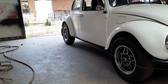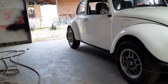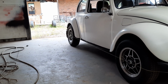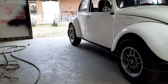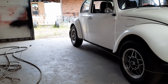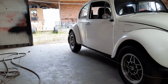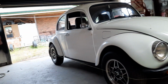As if you've watched previous videos, you'll know I did an IRS conversion on this, and I braced it with a heavy piece of pipe from the Z-bar or trailing arm mount to the spring plate mount, and it didn't move when I cut the torsion bar bracket off or anything, and it fitted nicely up to the beam on this one, so I'm pretty confident that I got that right. However, we've got